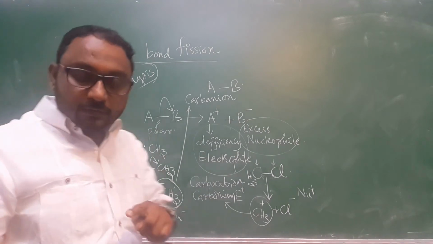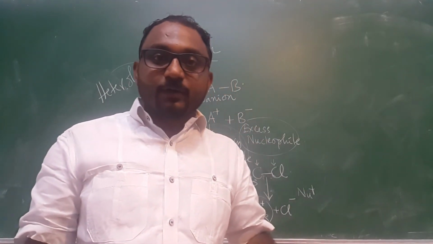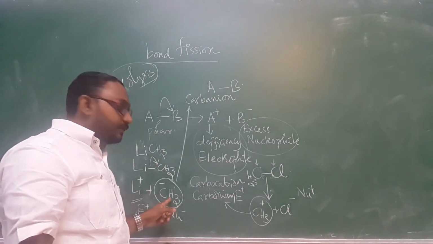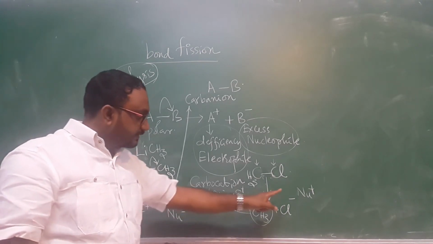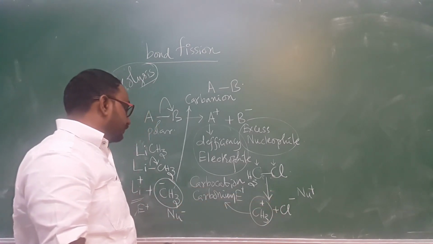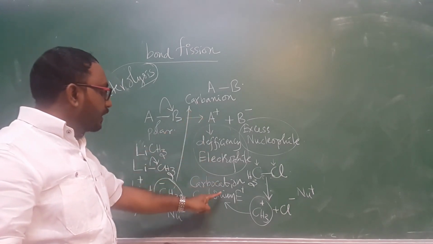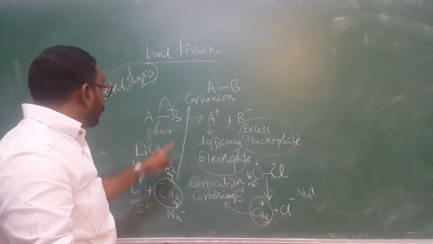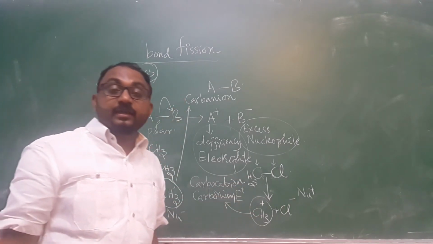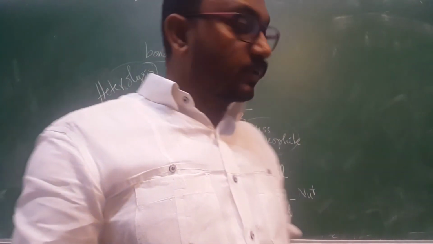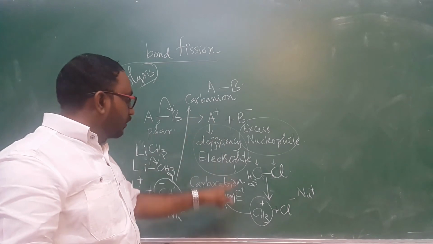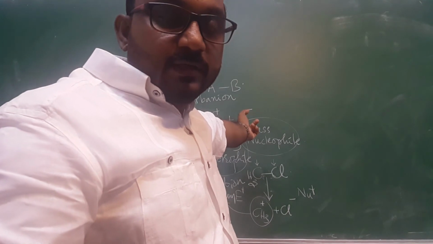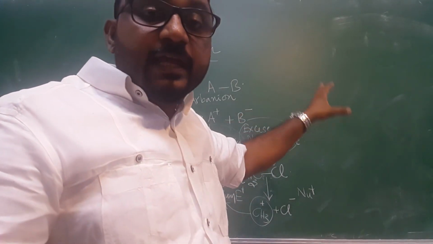So carbanion is a nucleophile having a carbon atom. Carbanion. The best example is methyl carbanion. This is methyl carbocation. So the carbanion and carbocation: what is carbocation? It is basically an electrophile. What is carbanion? It is basically a nucleophile. So this nucleophile or this electrophile or the free radical which you have seen will react in the role of a reagent in order to give